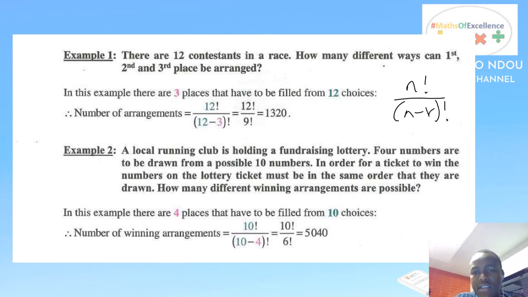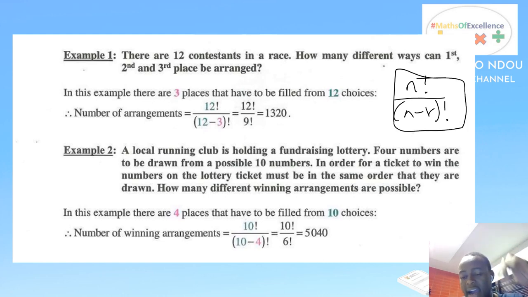So we use this formula in order to arrange certain items from a group of items, or to fill those spaces from a group of items. You just say: how many items are there, how many do I want to arrange from that group, then use that formula. So this is your formula for permutation. You can use it to do so. So let's look at